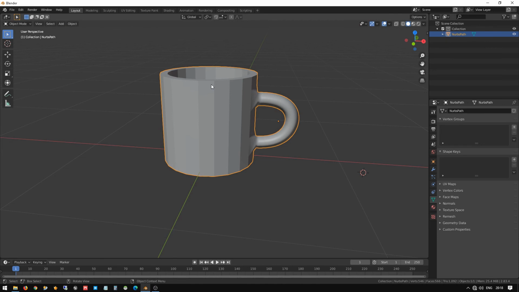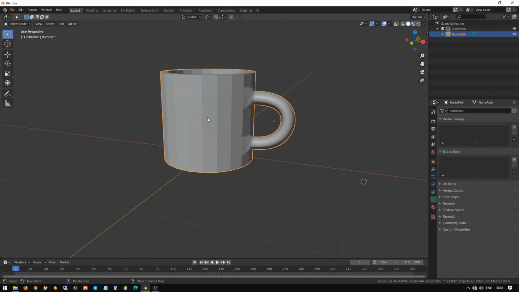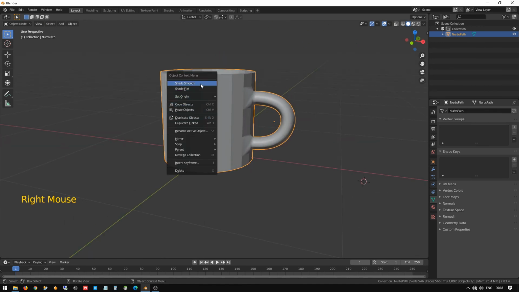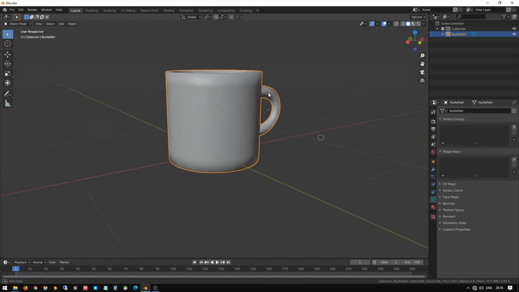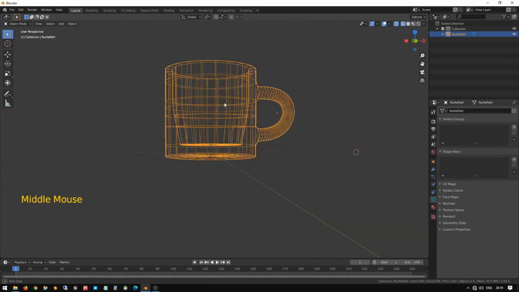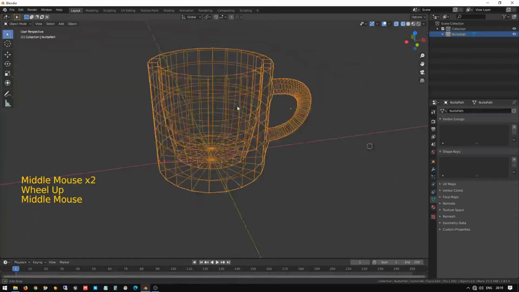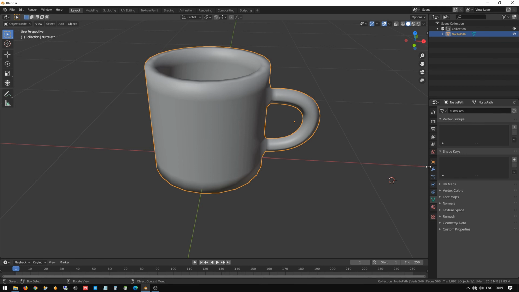What I'm going to tell you is we are going to smooth the model to make it a cup. The basic cup shape is ready. Right click on the object and set smooth. After clicking set smooth, you can see it looks a little bit smoother. We are going to give more multi resolution to make the object smoother and look cool. So I go to the wireframe. After smoothing, you can see some more edge loops will be created after giving the multi resolution. I'll show you now.